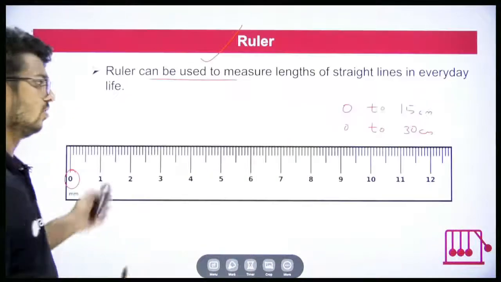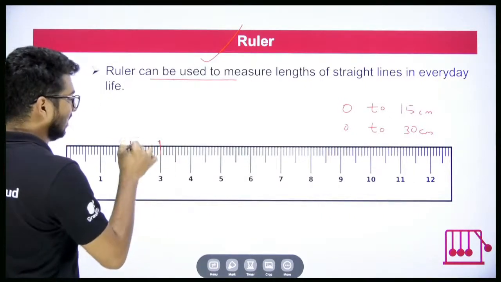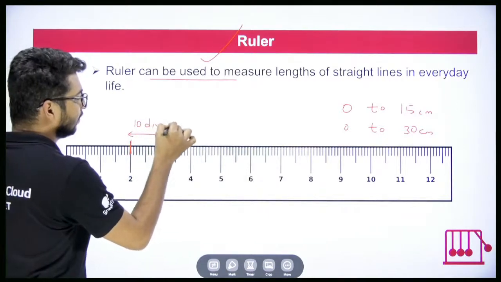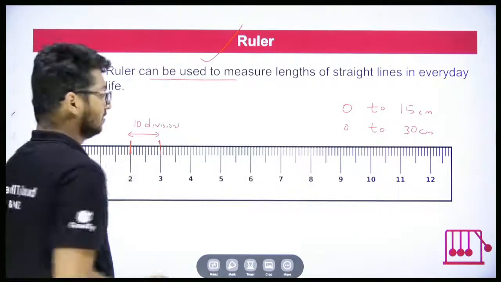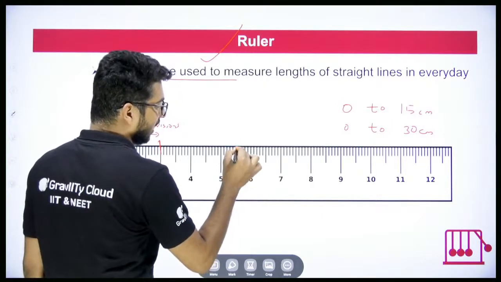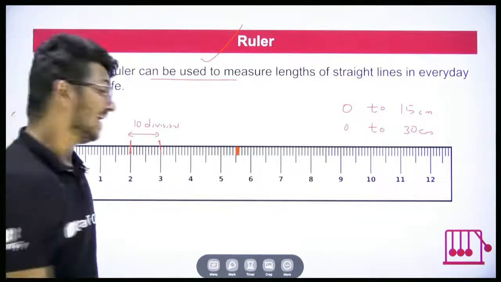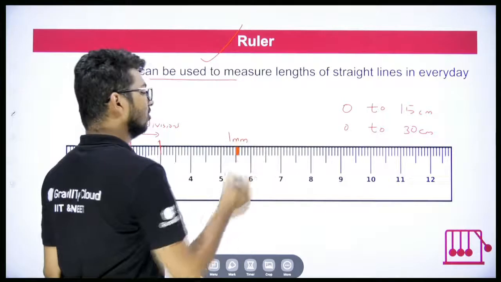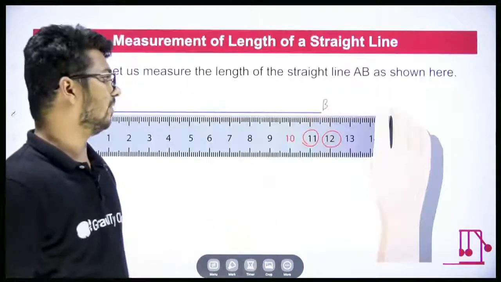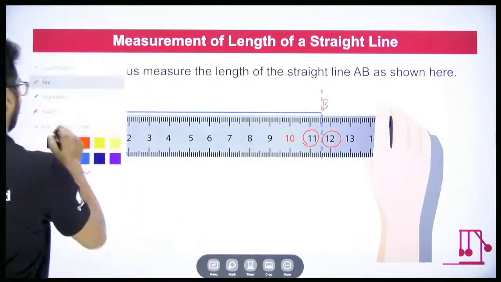Before that, just come back to the ruler case. See, between 2 and 3, as we discussed, how many divisions will be there? There are 10 divisions. 10 parts. And each small part, what is the length of each small part on a ruler? That is 1 millimeter. So here if I come back to our case, it is between 11 and 12, that's fine, but